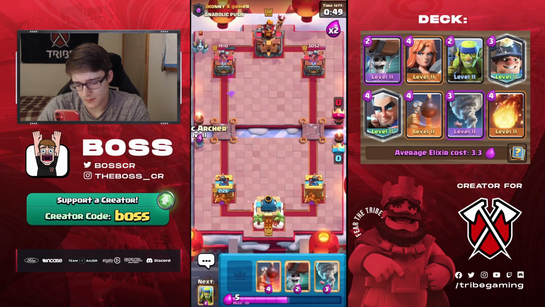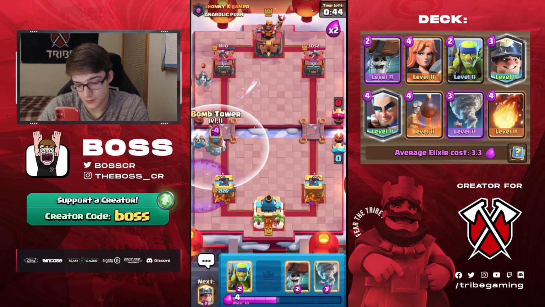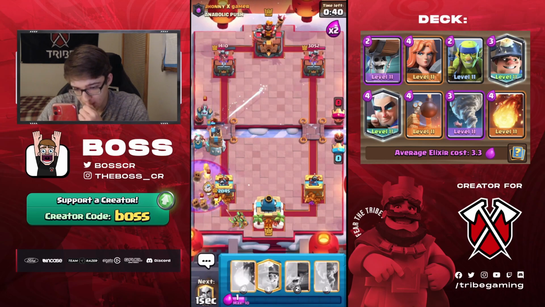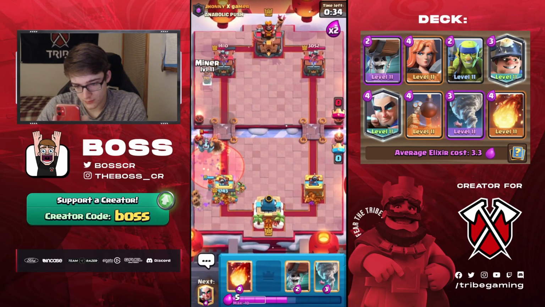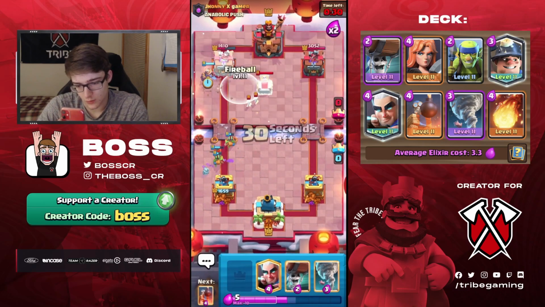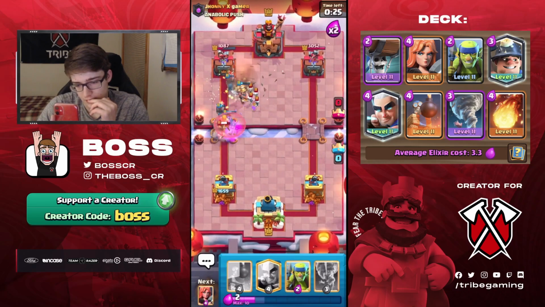Probably just going to set up a Magic Archer here. Maybe try to, like, force a... Oh, okay, that was good. We're gonna go ahead and Bomb Tower just to keep the Magic Archer alive. And okay, let's see here. Does he Tornado? Doesn't look like it. So we'll Miner now. Just gonna go Wall Breakers. Let's first Fireball this out of the way. And there we go. Perfect time now to go in for...